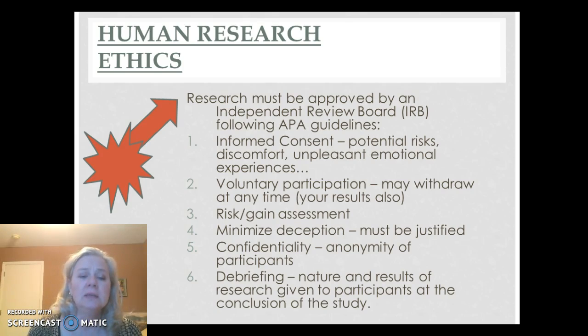But keep in mind that informed consent and voluntary participation are absolutely fundamental to your participation, and that you may indeed withdraw at any time, and that you must get the results at the conclusion of the research. So my recommendation for you is to just memorize all of these, really just work on doing that.